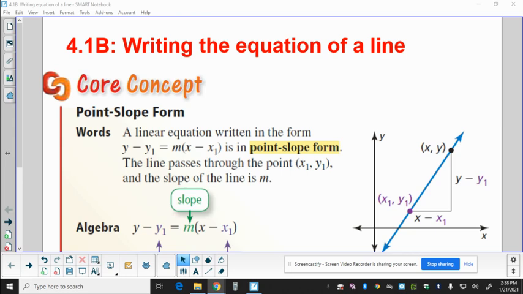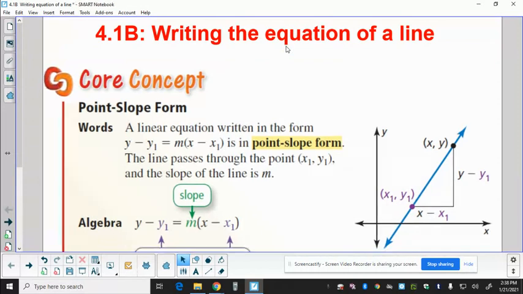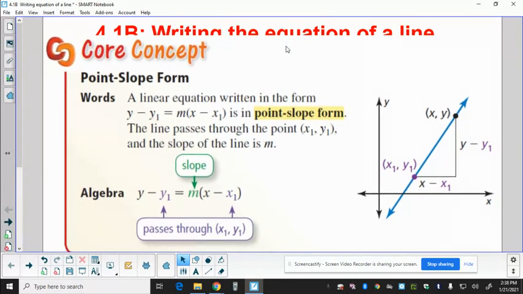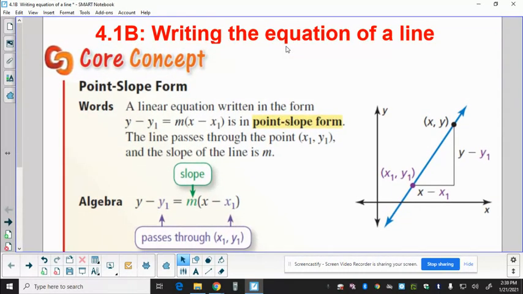All right, let's take a look at the second part of section 4.1. We're going to call this 4.1b, writing the equation of a line, because you are going to be presented with a little bit of a different situation when you go to write your equation of a line. So I would like everybody to look at this picture